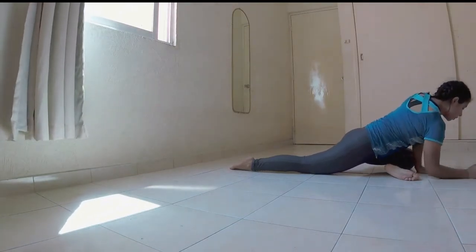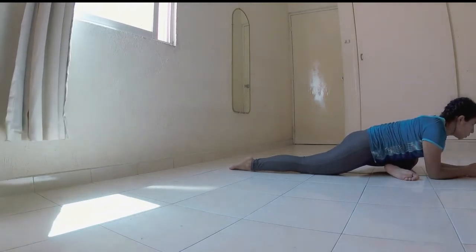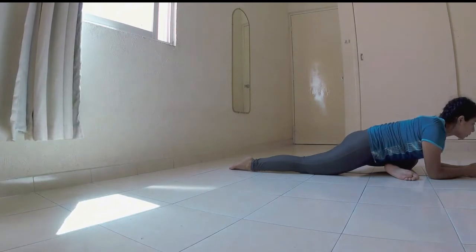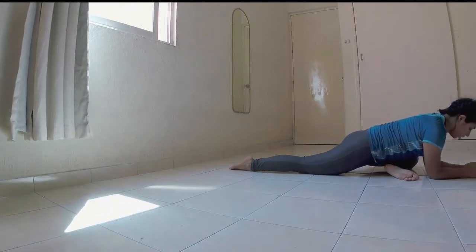I'm gonna place my elbows on the floor and keep that position for another 10 seconds. Try to relax and breathe deeply. Now I'm gonna go up,